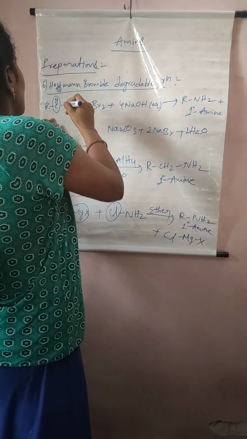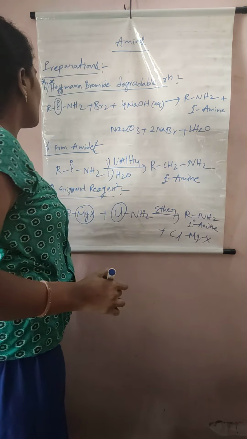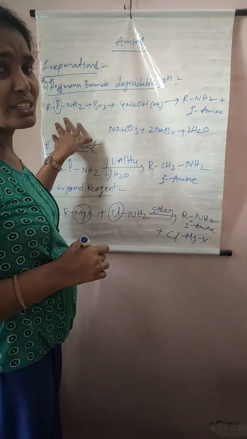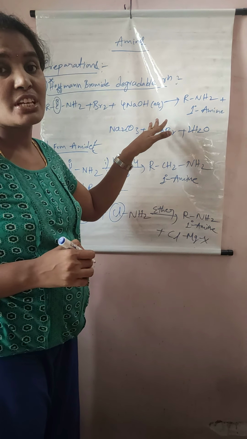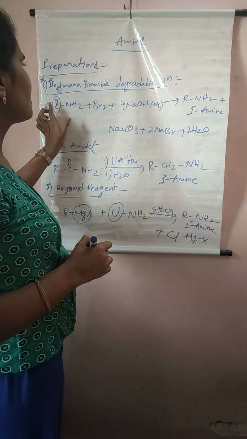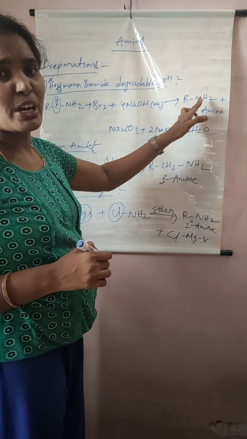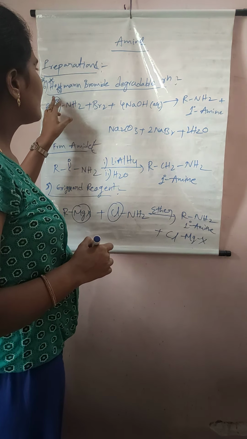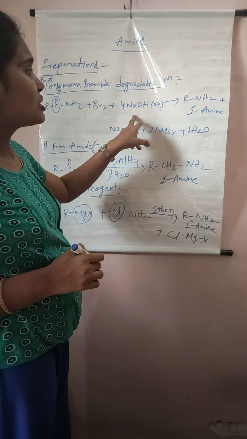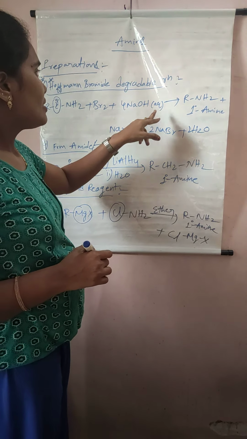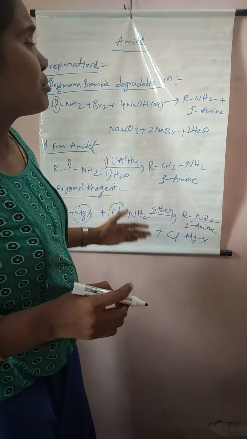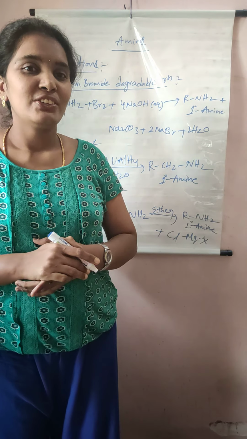This is very important. Hofmann bromamide is very important. Here the amide is treated with bromine and aqueous NaOH, and it gives the primary amine. The CO is eliminated from the amide group, and the primary amine comes out. With the CO and Na you get Na2CO3, the remaining 2 moles of Na form 2 NaBr, and the four hydrogens give 2H2O. Okay students, these are all the preparations of amines. Thank you.